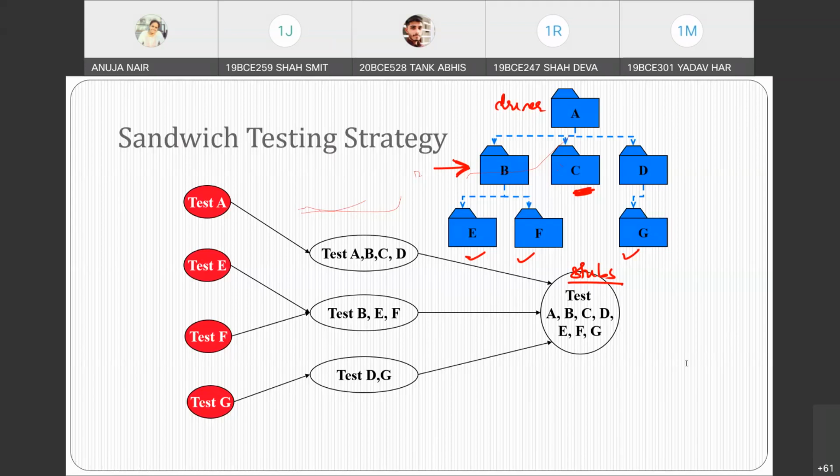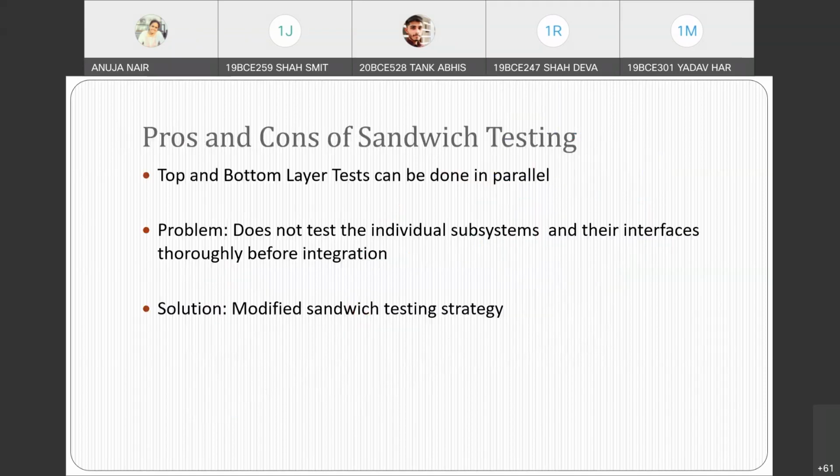If you can see, some of the modules are getting tested repeatedly. That means B is tested two times, D is also tested two times, okay? So what is the problem? The problem is that it does not test the individual subsystems and their interfaces thoroughly before integration.